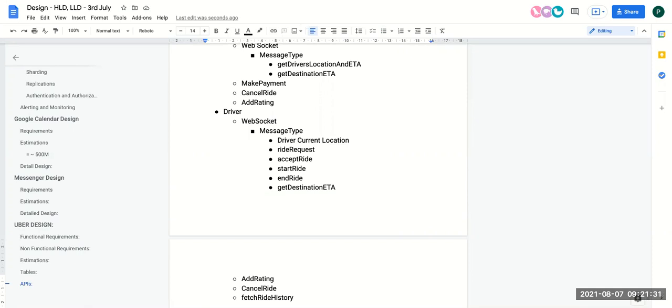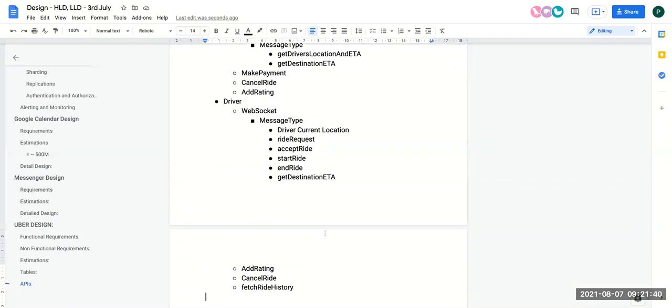Correct. I have a question. Yes, tell me. Shouldn't cancel ride be part of the WebSocket? You don't need to. Why? Unless you already accepted one ride, and later you figure out that you were not able to make it, then you will cancel the ride, and then you will be able to accept other rides, right? No, I'm not closing the WebSocket connection, right? This is still open. I'm not closing it. It's just that I'm canceling the current ride.